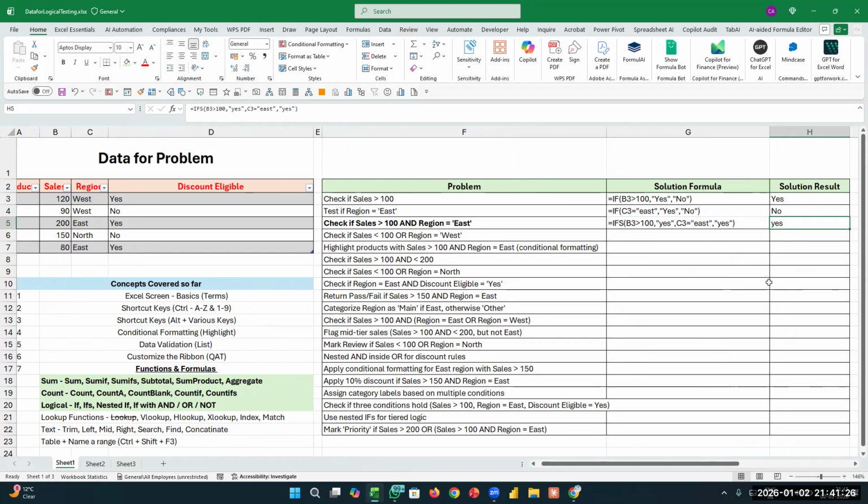Either way, if one condition is satisfied, it might be giving a yes answer. So this is a discovery for the day, a New Year discovery, that the IFS function cannot be used,